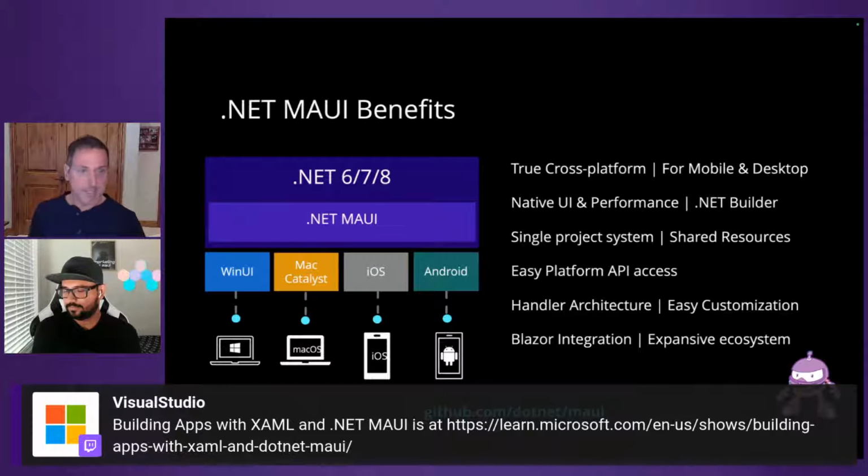So with the topic of MAUI, let me just interject for a second. We just released on Visual Studio Toolbox an 18-part mini-series on building apps with XAML and .NET MAUI, just released last week with our good friend Paul Sheriff running the show, Leslie and I hosting. So it basically shows you how to learn XAML and start building apps in .NET MAUI. So if you're relatively new to XAML, or you're new to the XAML that MAUI uses, highly encourage you to pop over to that. That's the Learn link. There's also a YouTube link that I'll put up in a second.